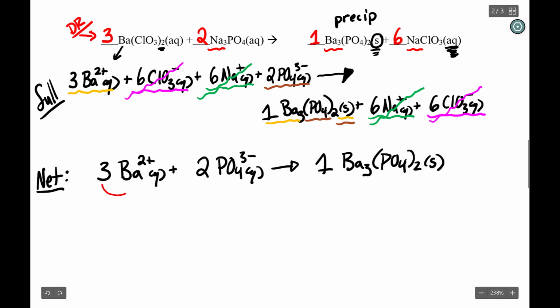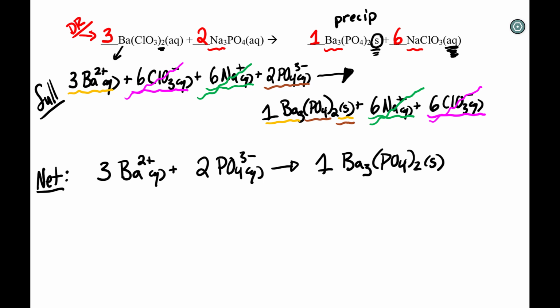So I've got 3 times 1 barium is 3 bariums. 1 times 3 bariums is 3 bariums. That's good. I've got 2 times 1 phosphate. I've got 1 times 2 phosphate. I got 2 of each. That's great. The next thing we're going to do is make sure our charge is balanced,